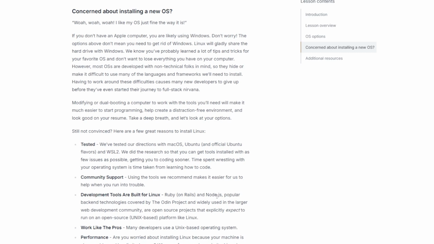We know you've probably learned a lot of tips and tricks for your favorite OS and don't want to lose everything you have on your computer. However, most OSs are developed with non-technical folks in mind, so they hide or make it difficult to use many of the languages and frameworks we'll need to install. Having to work around these difficulties causes many new developers to give up before they've even started their journey to